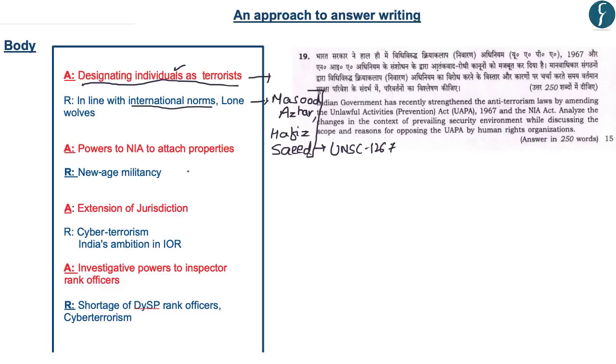Now, in the recent context, there are growing incidents of terror attacks by what are known as lone wolves. Like in the recent New Zealand attack on a mosque or the London Bridge attack in 2017, these crimes of terrorism were perpetrated by individuals. Therefore, India also needed a provision to designate individuals as terrorists given the changing security environment. In that, the modus operandi adopted by the terrorists in the current scenario is much more innovative and not necessarily